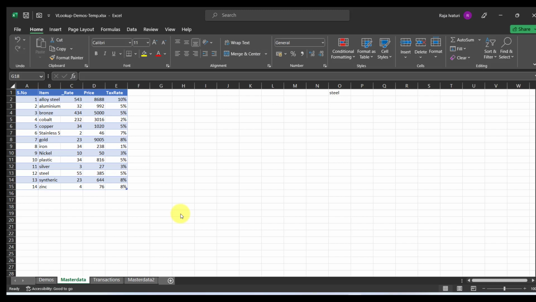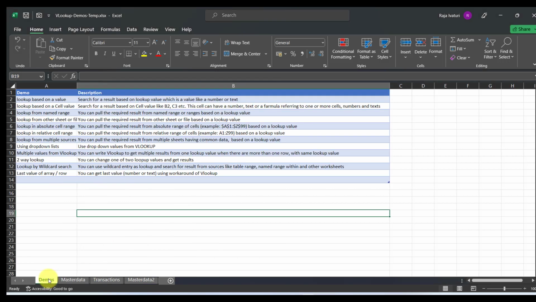For showing how VLOOKUP works, I have a few demos in my mind. So I will show you lookup based on a value which can be number, text, formula or date. Then I also will show you the lookup based on a cell value, which will be somewhat like cell number like A2, B12, C10, etc. Within these two demos, I will also show you how the lookup value can be based on a relative reference